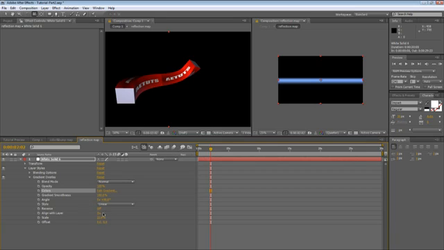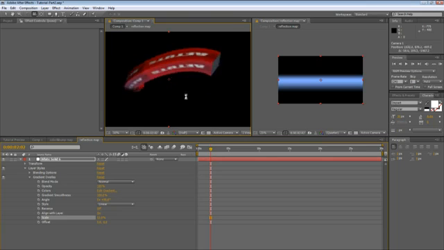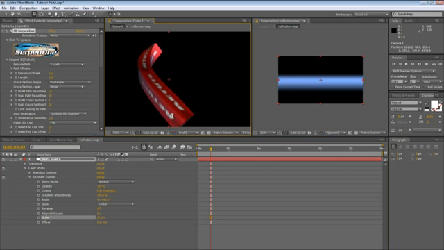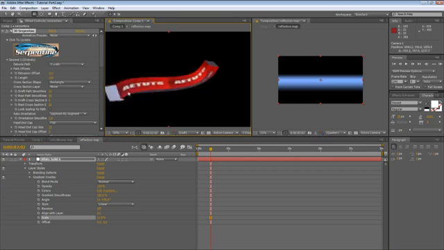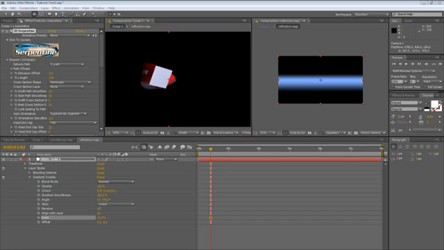Okay, and perhaps let's increase it. Okay, so this is one idea for a reflection map. You can do obviously a lot more with this, and soon I'll show you some more examples. So this is a reflection map, and again, the really powerful thing is that all the changes are reflected dynamically on